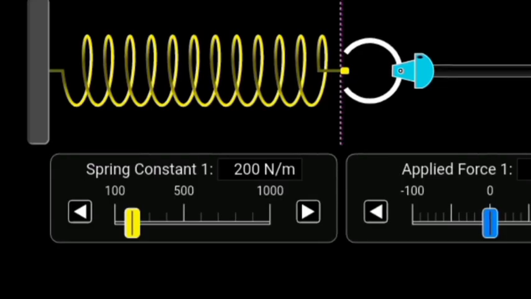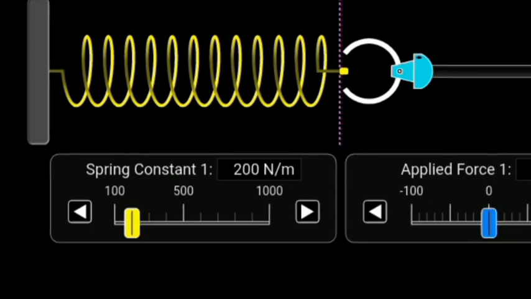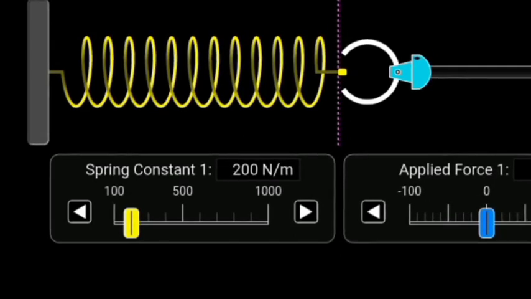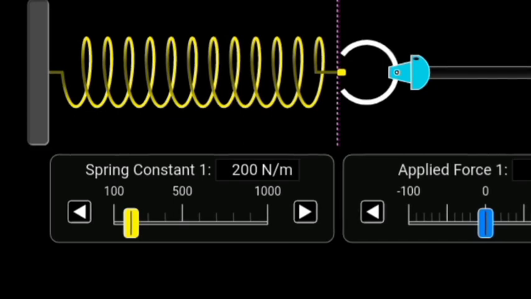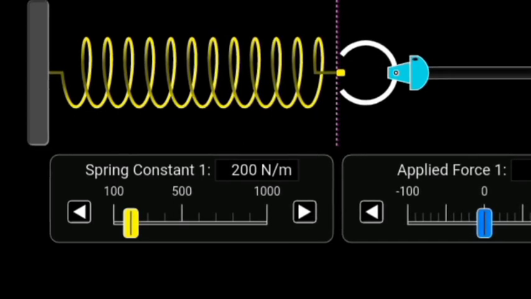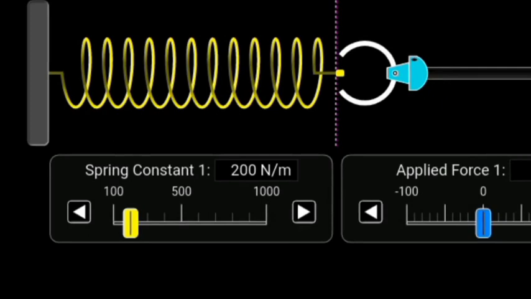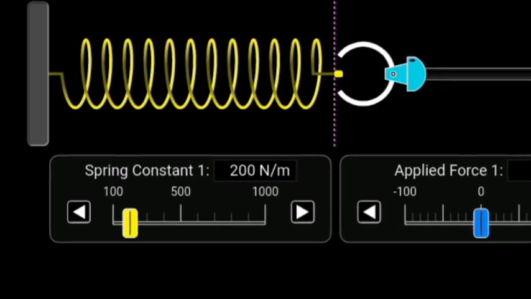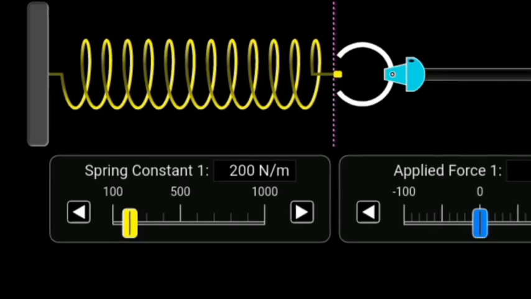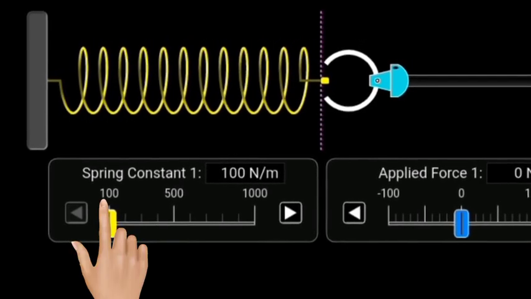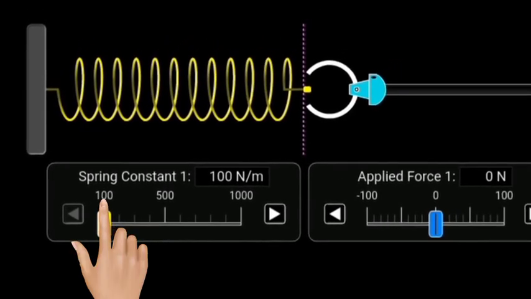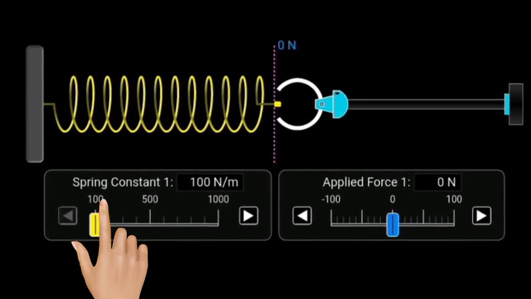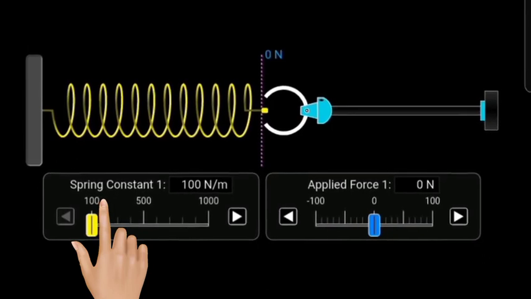The material that can carry 1000 Newton is not the same as the material that can carry 100 Newton. So the bigger the force you want the spring to carry, the more the stiffness of the material. Now, if I put it at 100, if the stiffness of the material is 100, as you are seeing it now,